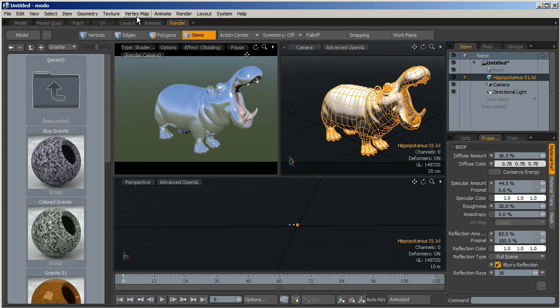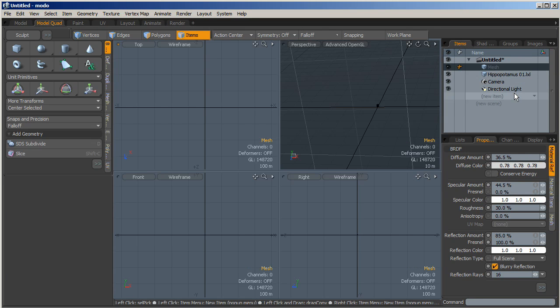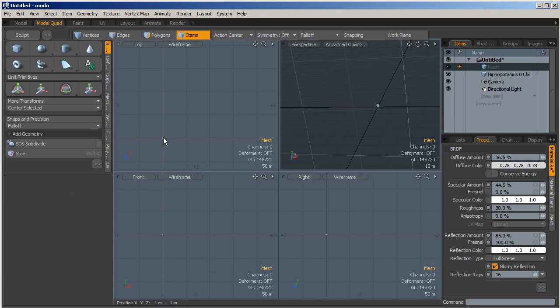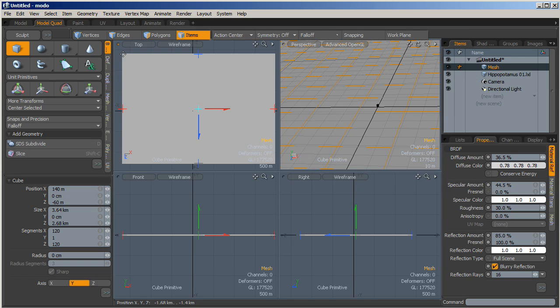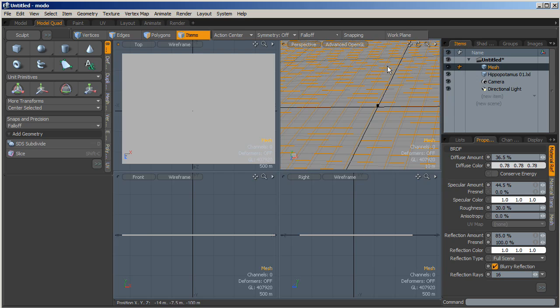Let's close the material editor, and then we can go inside the model layout, and I'd like to add a new layer. You see that our mesh is really little, so let's create a box, and let's use 120 segments for the X and 120 segments for the Z axis. Let's create it. You see that we have a huge amount of faces, but I'd like to change it again, so let's go for 240 or 360 and 360. Okay, so we have a huge amount of faces. Let's exit from the box creation, and we can call it